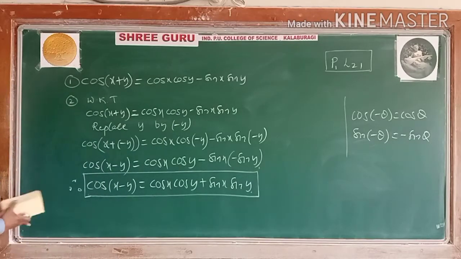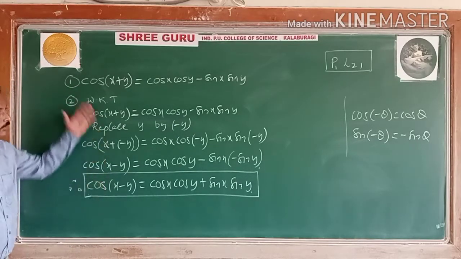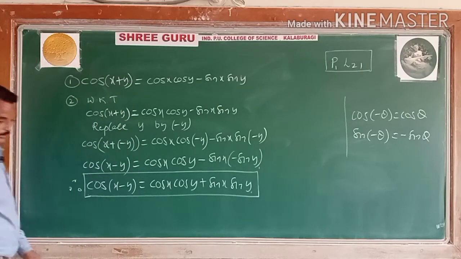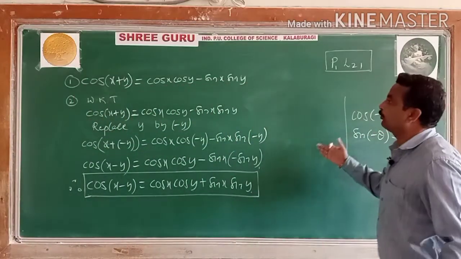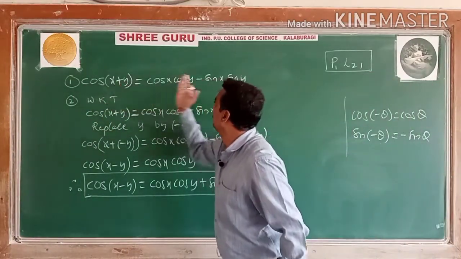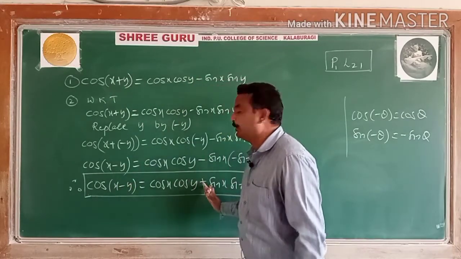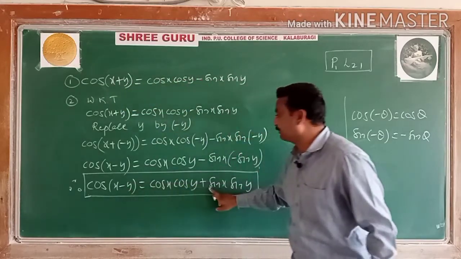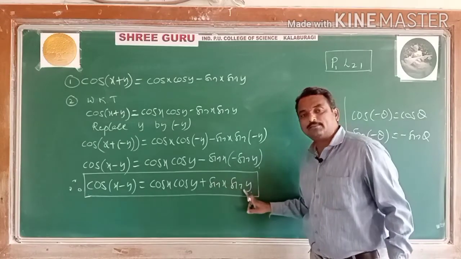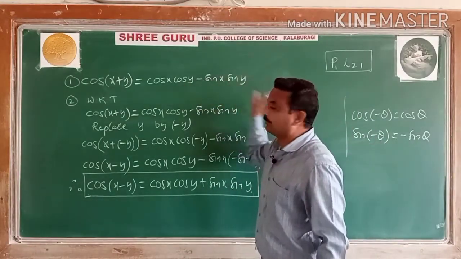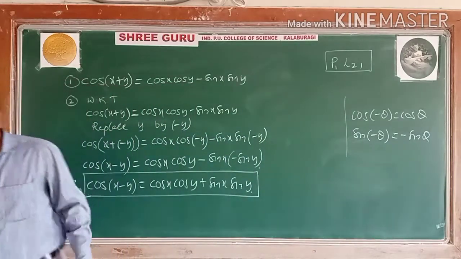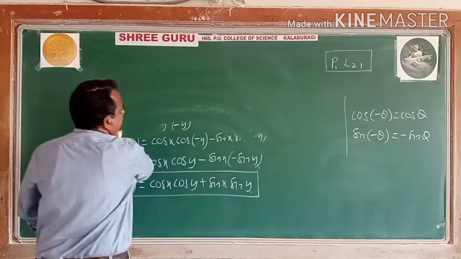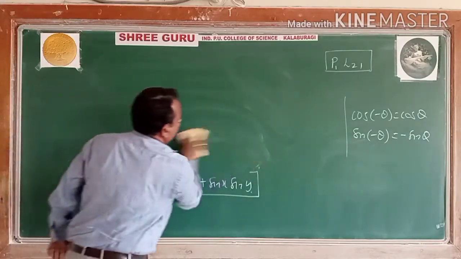Opposite sign. Now we will use this result to prove the sin of x plus y formula. Clear, students? How to remember this one? When sum, it is difference; when difference, it is sum. When it is the plus formula, it becomes a minus here: cos x cos y minus sin x sin y. When it is minus, it becomes plus: cos x cos y plus sin x sin y. Now this is the sum and difference formula for cosine. Now, come to the third one.